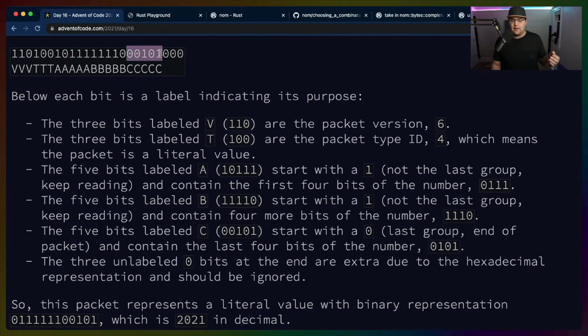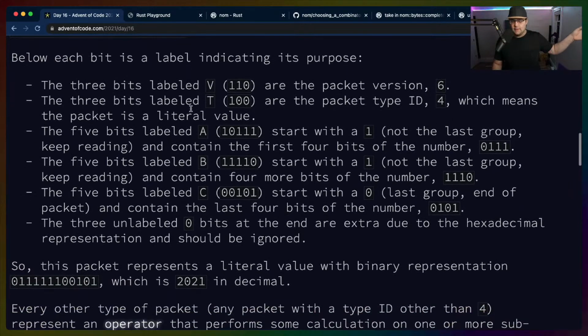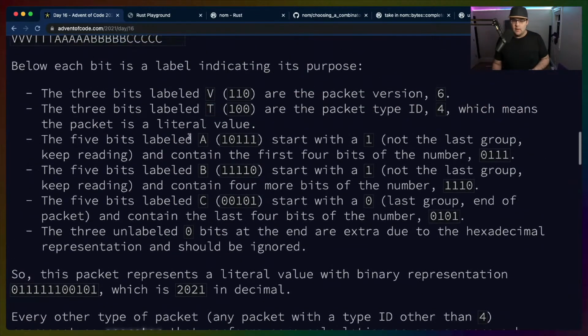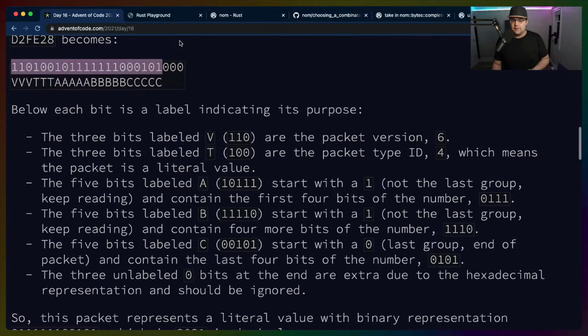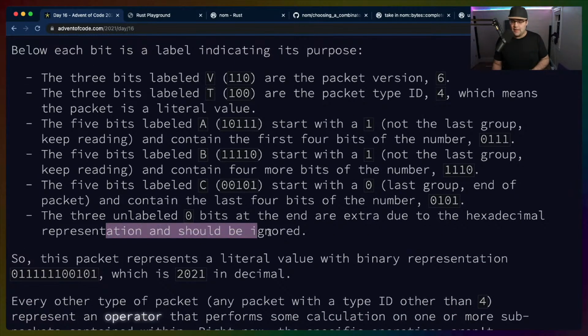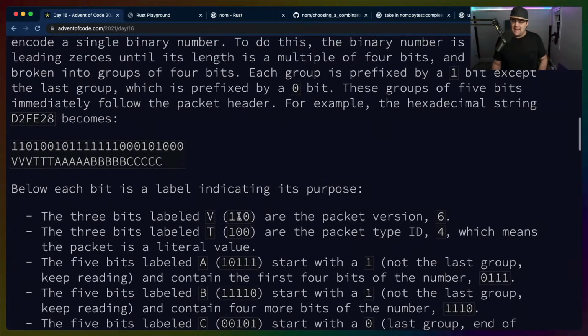1, 2, 3, 4, 5. So this goes all the way to 0, 0, 1, 0, 1. We throw away the prefix bit, as far as I can tell, and we only focus on the 4 additional bits. And then there are 3 zeros at the end due to the hexadecimal representation and should be ignored. And that's where